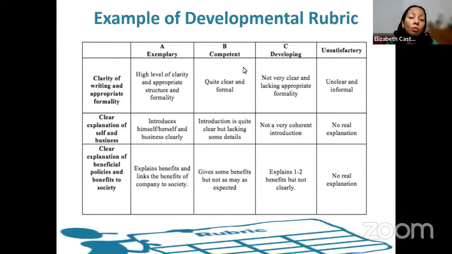Then unsatisfactory, unclear, and informal. So the person didn't speak with appropriate vocabulary, didn't manage the words, and the concepts were